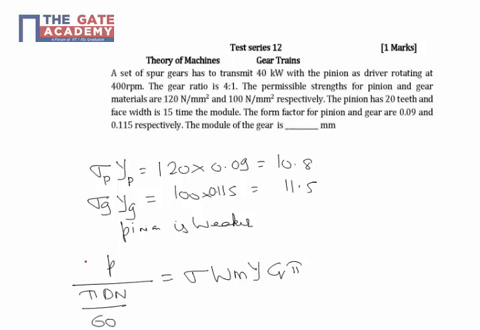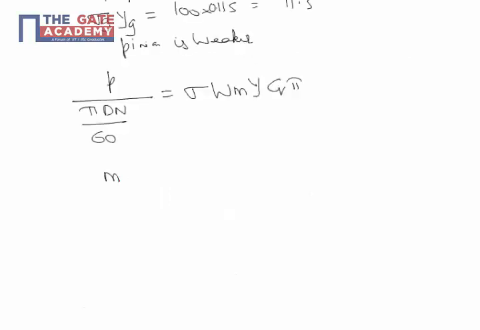Now in this, everything is known except for w and m. Now w is given as 15 times m, so substitute for that, and you know everything else. Now find the value of the module from here. If you solve this, you will get the module as